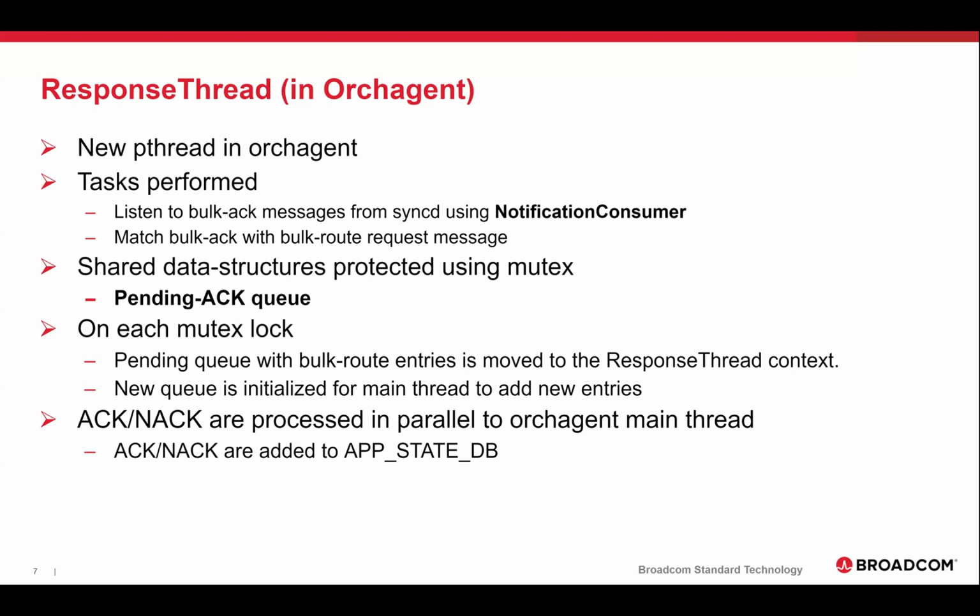the bulk ACK message is received from syncd, it is received using the notification consumer, which is again a Redis class for implementing the ACK, listening to ACK, and it will match the bulk ACK with the bulk route requests which were sent. To match it, it will have that pending queue. Basically, it will pull out the topmost entry from the pending queue